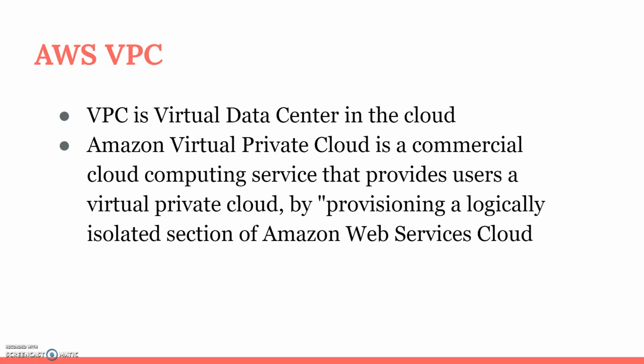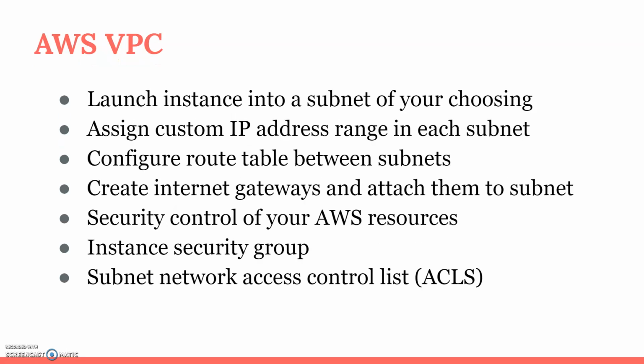So basically, VPC will be created in the AWS console, where you will logically differentiate the isolation of different AWS services. So you can deploy your instance in a VPC, and you can make different VPCs for the isolation of your structure and architecture.